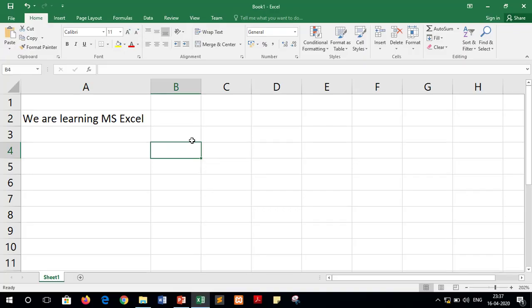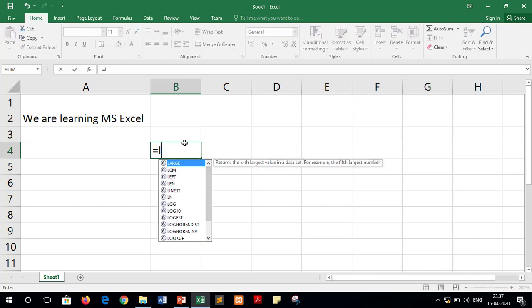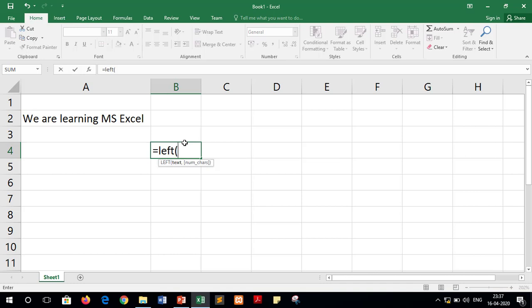Well, let's suppose in the cell A2, we have a string that is we are learning MS Excel. Now let's say that from this string you want to fetch some characters from the left. So for that you will write equals to left, then this string that is A2, comma, let's suppose we have to fetch "we are".